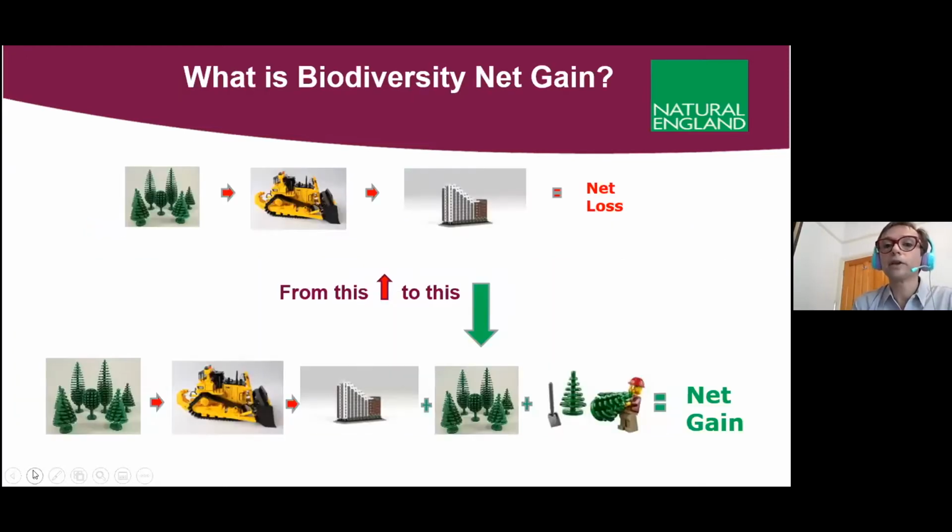But before going further, what are we actually talking about when I'm saying biodiversity net gain? I'm not sure about in Italy, but Lego is very popular in England, and this is an attempt to try and simply illustrate what's meant by biodiversity net gain using an example of Lego. So at the top of the screen, you've got a situation where there was an area of woodland. Development's taken place. There's been a nice block of flats created as a result of that. But the nature that was there has been lost. It's gone, and you've had a net loss in biodiversity.